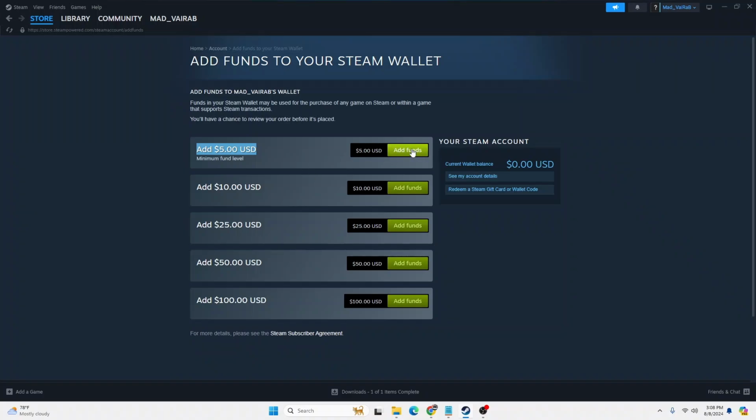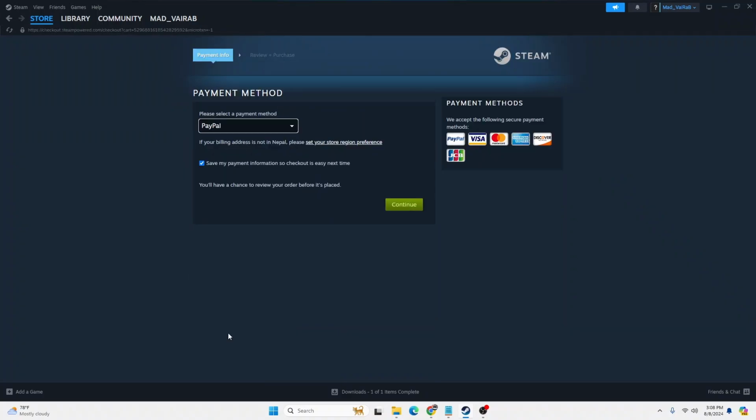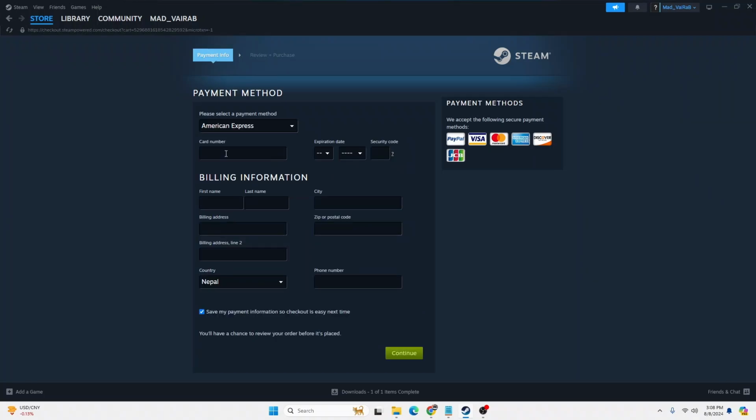So to do that, let's click on the add funds over here and you land on this interface where you will be able to choose your payment methods like PayPal, Visa, MasterCard, American Express, Discover and JCB. So choose your payment method over here and enter your details like your card number, your expiration date, your first name, your last name. Go through these details, and on the next step click on the continue button over here and finish this process. And after you finish this process, guys, your funds will be added to your Steam account